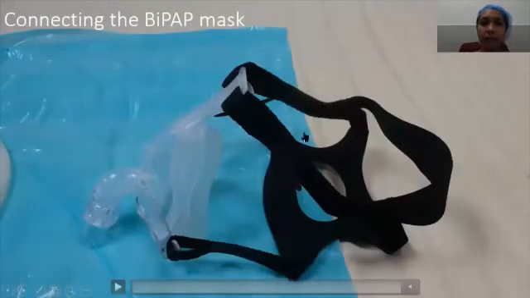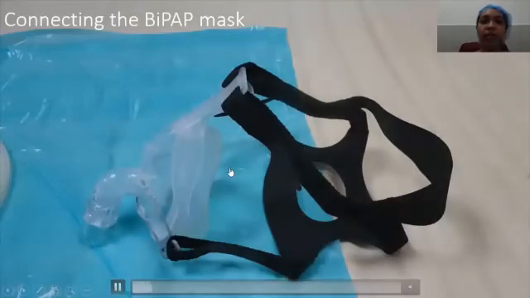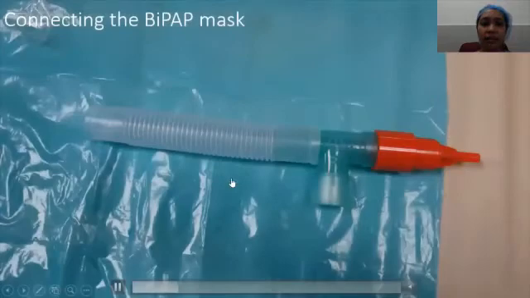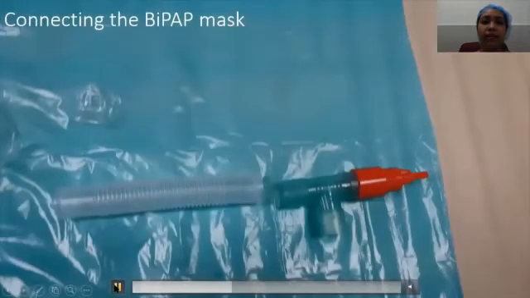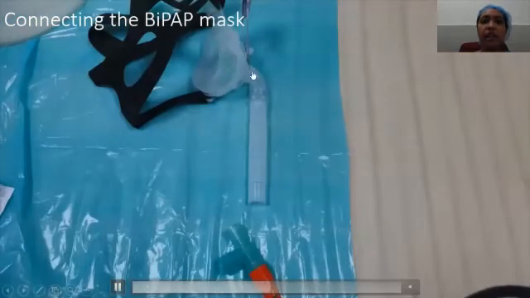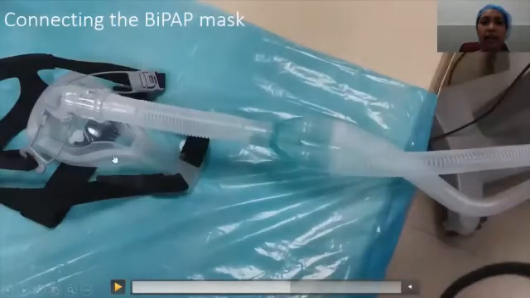This is the mask which is connected to the patient. This mask needs to be set to the circuit. For this, we need the help of a T-piece. The T-piece is easily available in all the wards in RCH. The connector part of the T-piece is detached and then it is connected to the mask. The other end of this connector is connected to the ventilatory circuit.